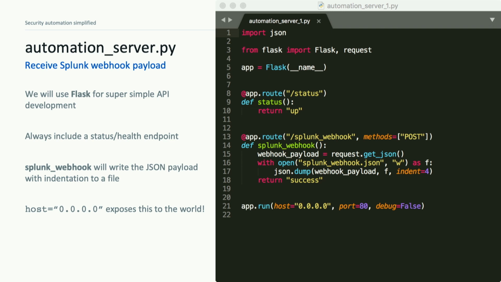So this @app.route syntax is one of the weird things about Flask, but it's just the way you do it. We're telling it /Splunk webhook. It's going to listen at that URL basically, and when it gets called, it's going to call our function, and it's going to provide this request object. So this is really just going to be a few lines. We're going to grab that request object, pull the JSON out of it, and then it's kind of an